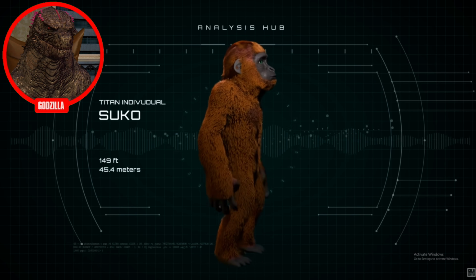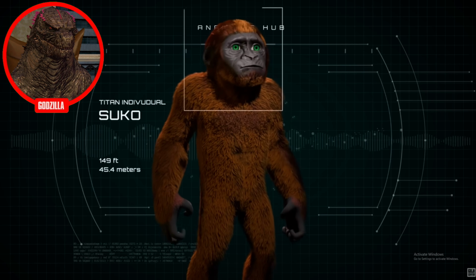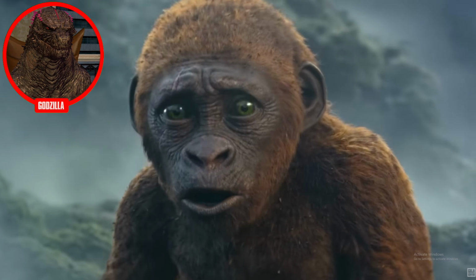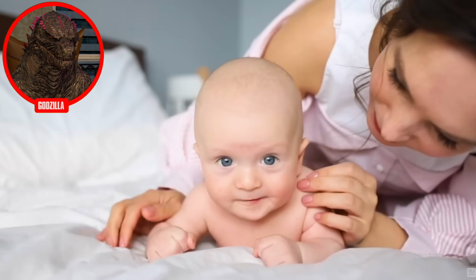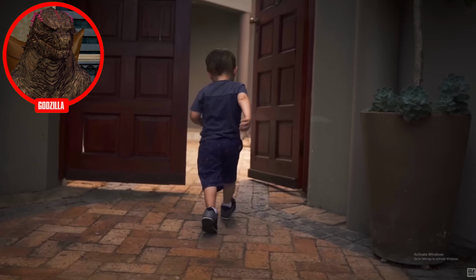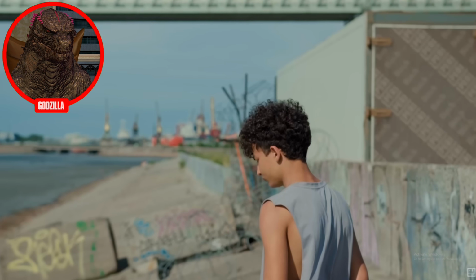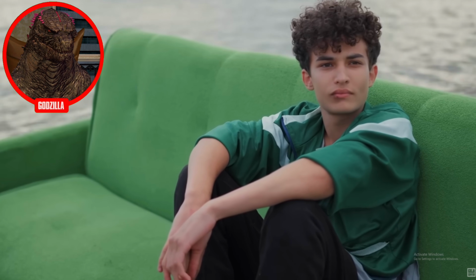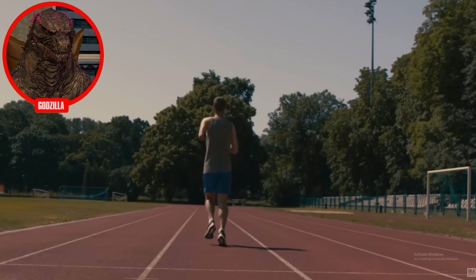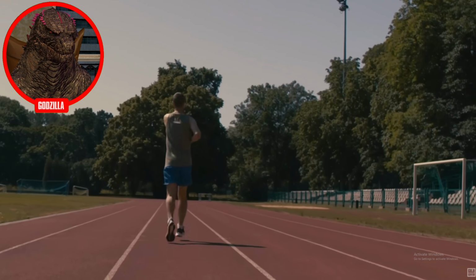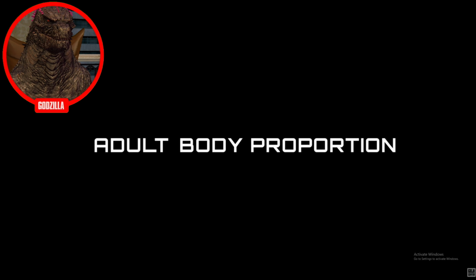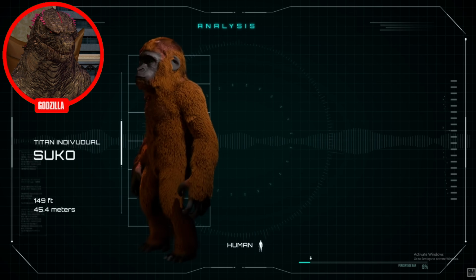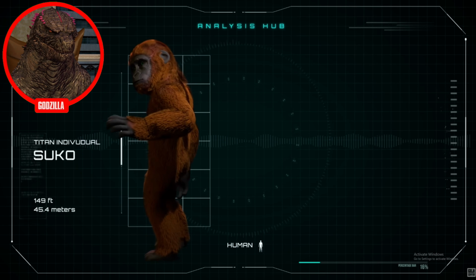Pay attention to how this one has infant proportions. What is this? Infants are often characterized as having an enlarged head, large eyeballs, and a small body in comparison to its skull. This is what makes a baby look like a baby. As your body grows to adolescence, your skull tends to grow at a slower rate than the rest of your body. This is why adults, in most cases, have a smaller head in comparison to their bodies, giving them the said adult body proportions that make them look like full-grown individuals. Suko, as you can see, can be categorized as an infant due to these characteristics.